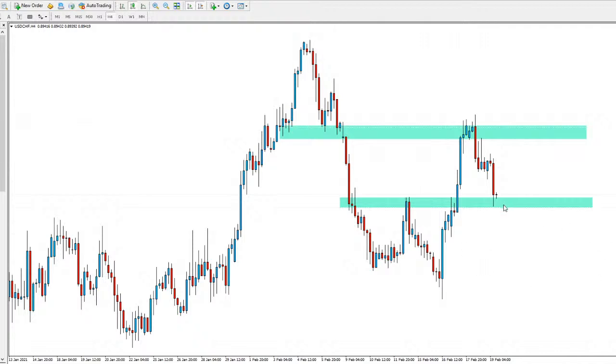As you can see, we are testing that. Again, price is kind of just stuck now between a really strong area of resistance and a really strong area of support. So it just depends which way price wants to break out to. If you do break out of that support there, which price is currently testing, it's likely that we'll come back to this area where we had this initial push to the upside, and potentially could even go a lot further